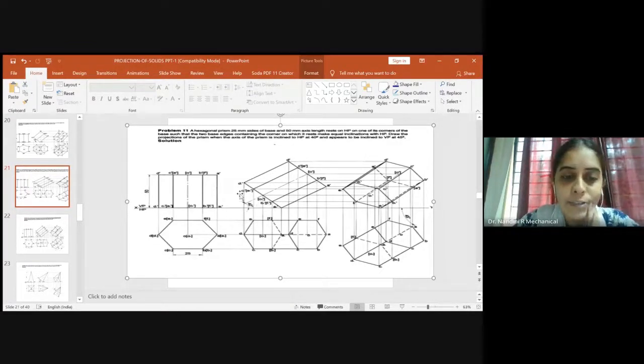So one is C1 dash and E1 dash. Write it exactly, retain it within the bracket. Don't make a mistake while naming in the second stage. And similarly here, write B1 dash and F1 dash. So now the entire naming is done and the base has been shifted to 40 degrees to HP. And now the axis length will be the same, 50 mm. So kindly project all the edges parallel to your axis line.